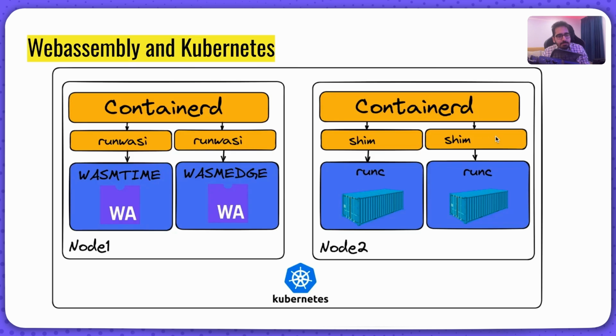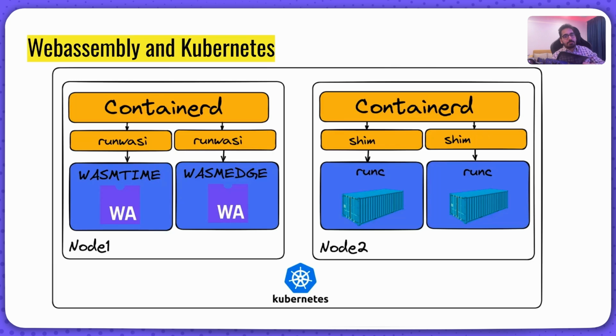Just extending that part, WebAssembly and Kubernetes. Now again, I told you, Docker coming into the picture, Run WASI coming into the picture, it opens up a lot of gates, and now you can use the same Kubernetes cluster to even orchestrate your WebAssembly workloads. So you can have a node where you can configure the WebAssembly runtime, and you can configure the containerd.toml file, have a runtime class, and you should be able to follow the same flow, because in the end,